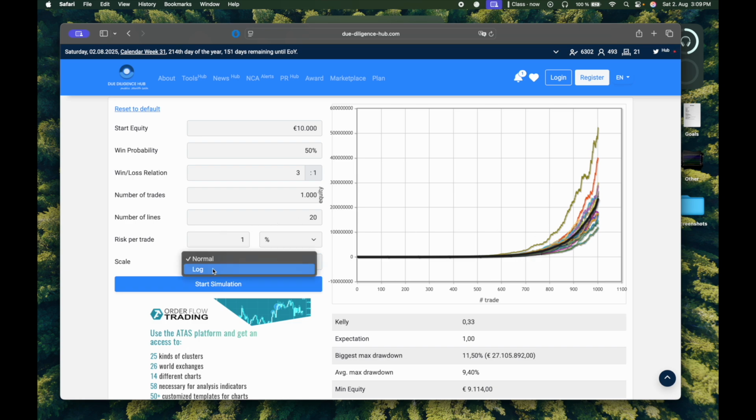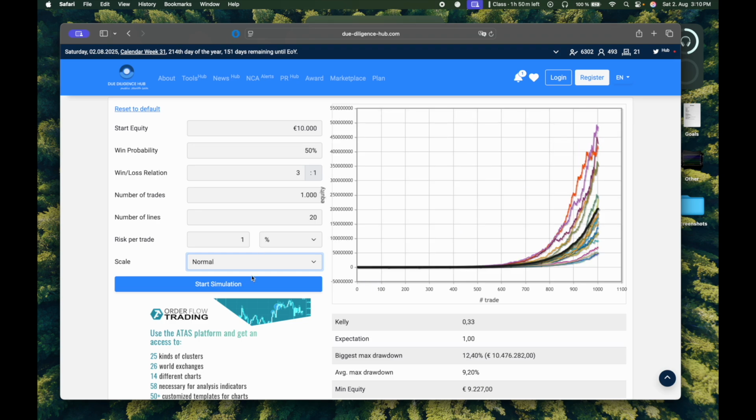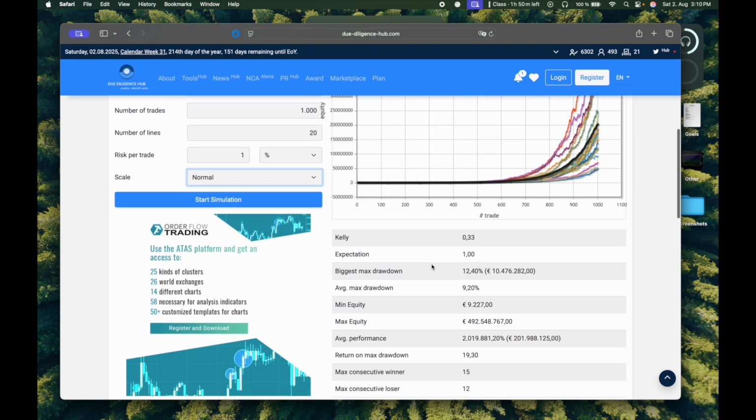explodes. I mean, I can also put the scale on log, which looks pretty crappy, but you see from this 10K, we go up 100, 200. It goes up in a straight line, more or less. But if you don't put it on log, it looks like this. I mean, this is not realistic, of course, because you will face severe liquidity problems trading with those amounts of money. But